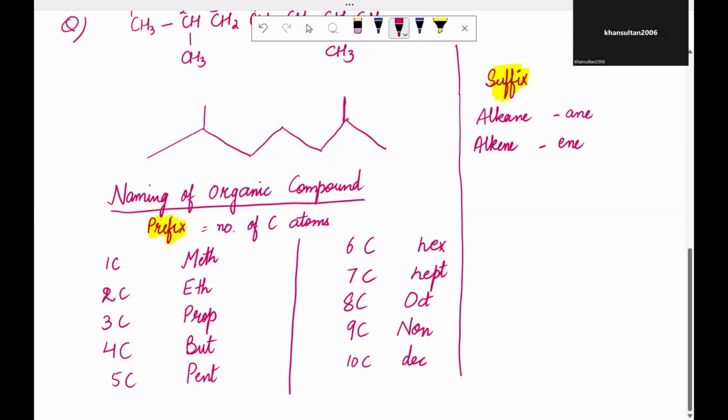If we are having alcohol, its suffix would be ol. And if you are having carboxylic acid, then its suffix would be oic. And if you're having carbonyl compounds,